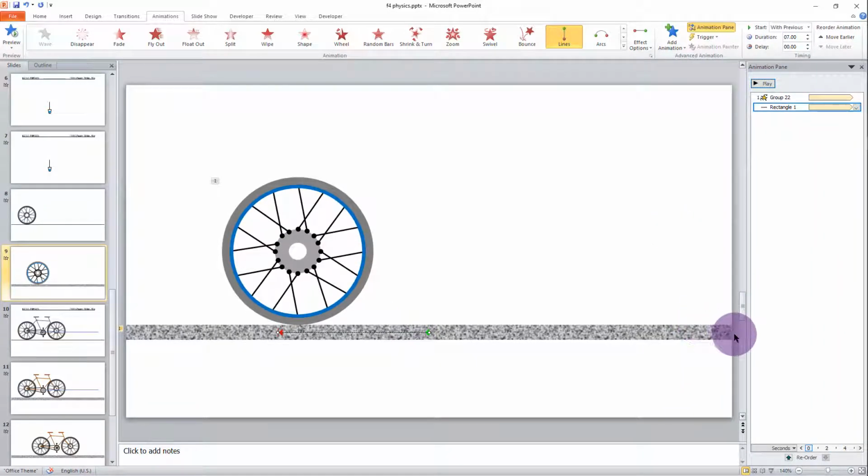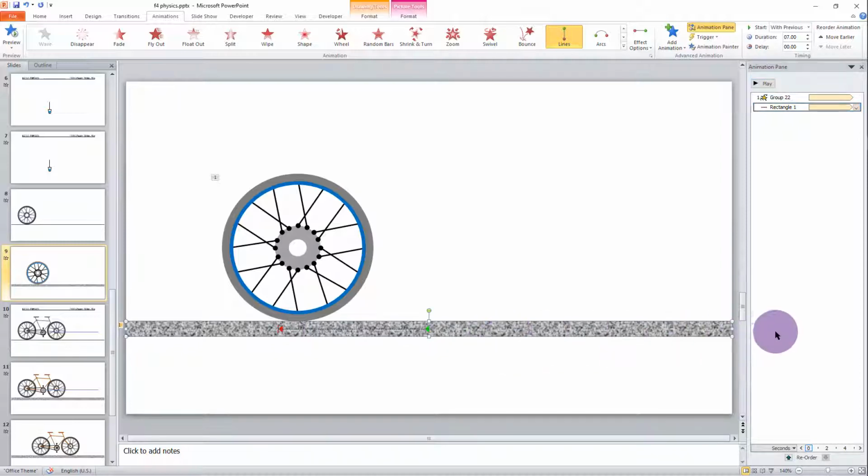But you can see over here that with the repeat motion, this road keeps on jumping, going up to a certain point through this distance here and then jumps back. I want to hide that effect. How do I do that? I select the shape,